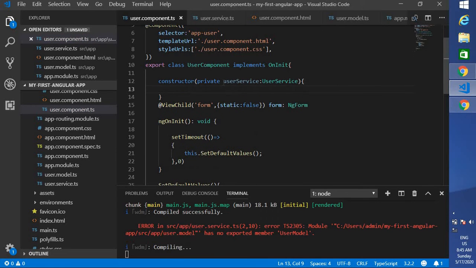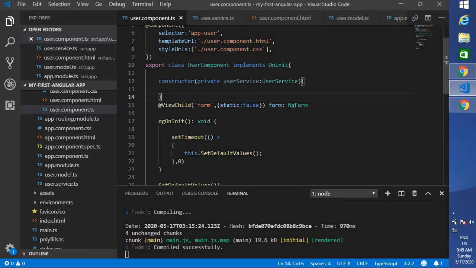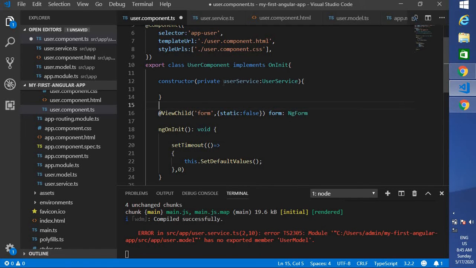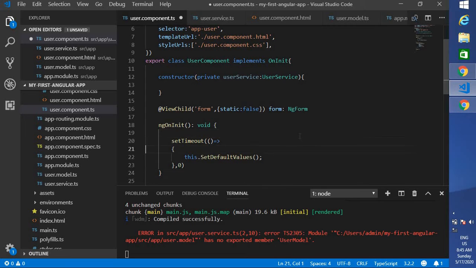Now you may wonder how Angular will understand that this component depends on this particular service. Actually, in an Angular application, when the user component instance is getting created, it first looks at the constructor. In the constructor, it looks at whether any service is depended on by this component. If it is there, first it will create an instance of that particular service. Okay, now we created it.